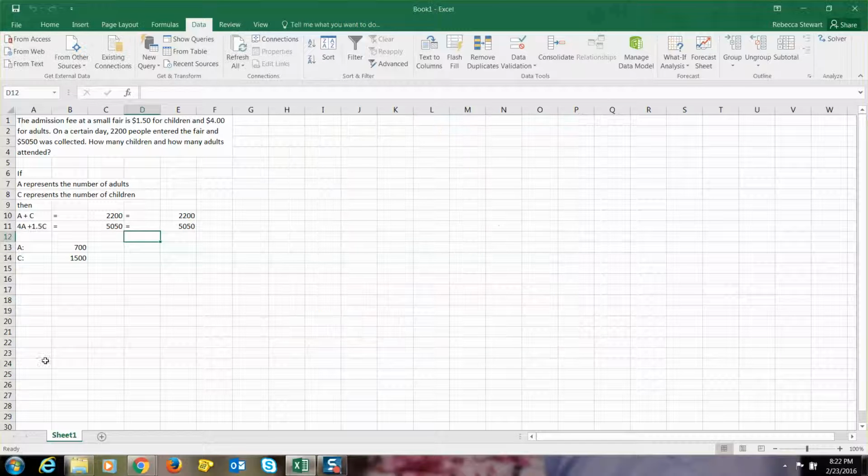and hit OK, and sure enough, solver ran and gave us the right answer that day, that there were 700 adults and 1,500 children at the fair. So that's a quick overview on how to use solver to solve a system of equations or a simple math word problem, and thank you for